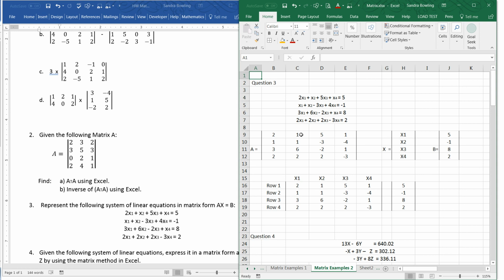There's a 2, there's an understood 1 in front of x2, there's 5, and there's an understood 1 in front of x4. And you do the same for the next row. There's an understood 1 in front of the x1, an understood 1 in front of the x2. There is a -3. So when you're doing this, there's always, imagine there's a plus sign, and it's actually, in